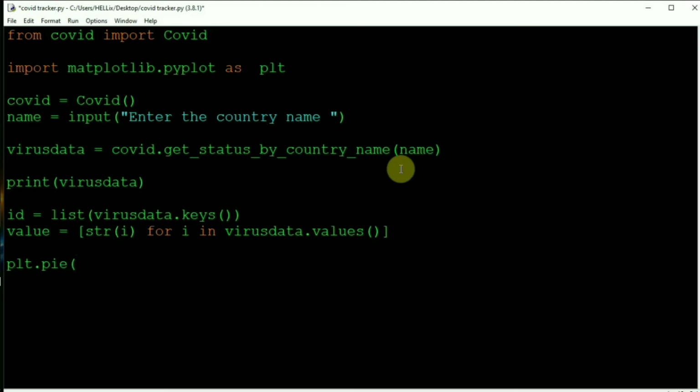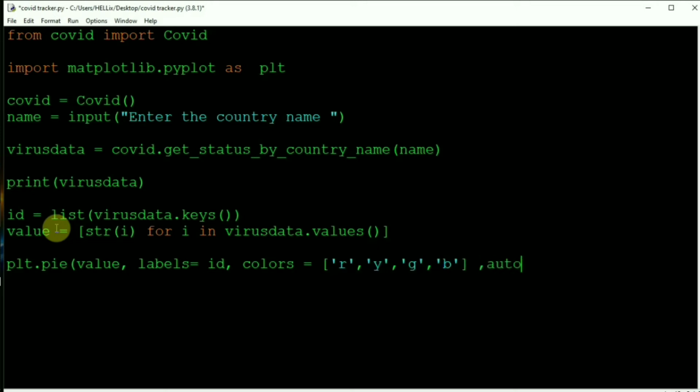So plt.pie, and first of all give values. These are the values. So write value as a, this is going to be your proportions in the pie chart. Then you need to give the label. So write labels equal to name, or I'll write ID because I took it as ID. Then I need to give colors, which colors my plot can use. So I give r for red, y for yellow, g for green, and b for blue. So these are my plot colors.